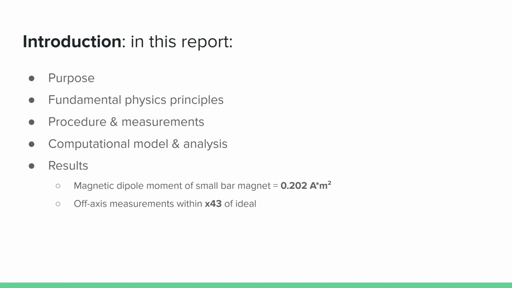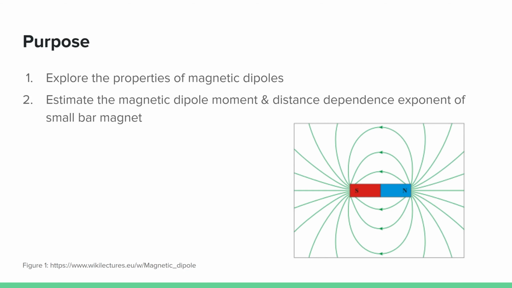during which I estimated the magnetic dipole moment of my small bar magnet to be 0.202 ampere meters squared, and compared off-axis measurements to results from the computational model to find that they were comparable within a factor of about 43. So, starting off, the purpose of this lab was to explore the properties of magnetic dipoles, and to use